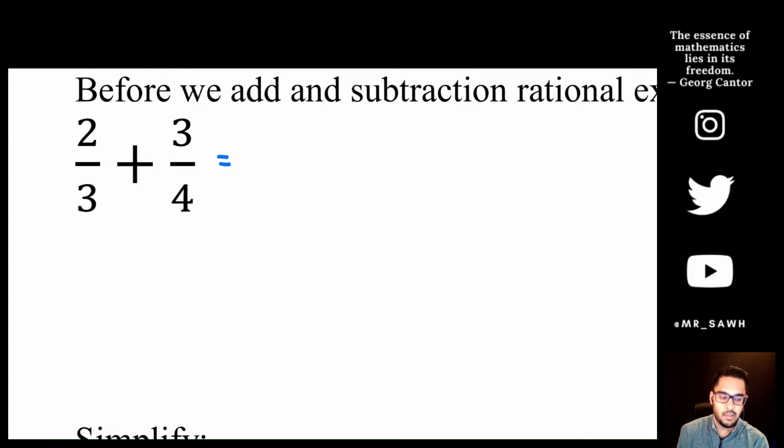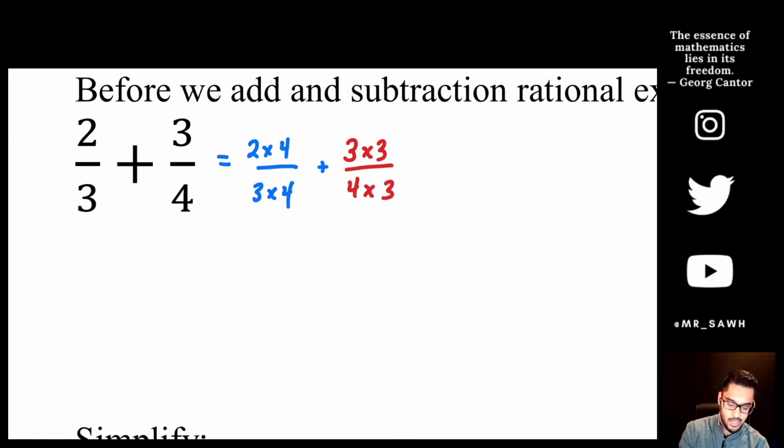So if your brain sees another common number first, it's not necessarily the lowest, that's okay, and we can reduce them at the end. But 12 will work, and I can change the first denominator from 3 into a 12 by multiplying that 3 by a 4. Now what I did to that denominator, I also have to do to the numerator to keep this fraction equivalent. So I need to do that for the first fraction, but the second fraction changes by a different factor, and I'm going to need to multiply both the top and the bottom by 3 in order to get us to our 12. And I keep them color-coded just for this first one to really illustrate the point